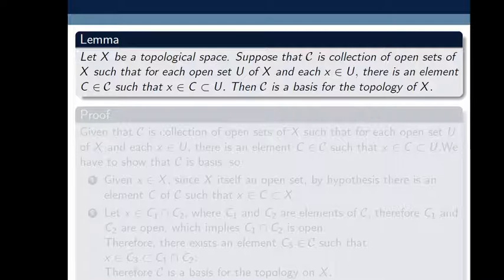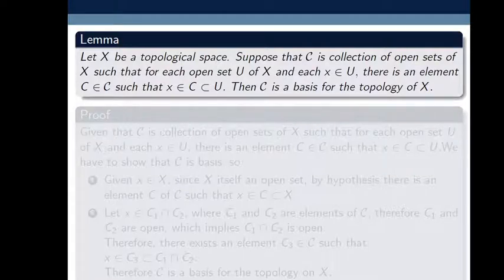First, for every x belongs to X, there is at least one basis element B such that x belongs to B. And second, if x belongs to the intersection of two basis elements B1 and B2, then there exists a third basis element B3 such that x belongs to B3 and B3 is contained in the intersection of B1 and B2.